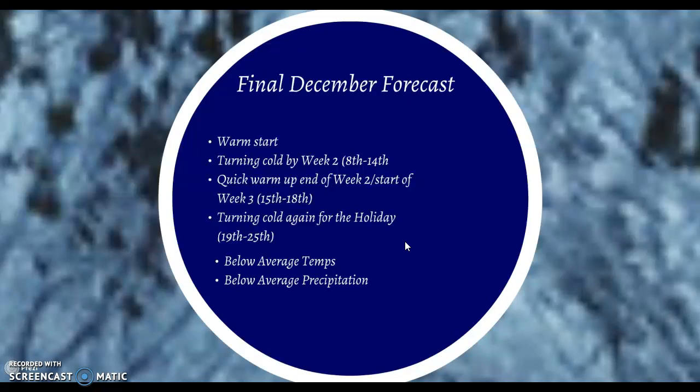Remember, I mentioned that as well because of that little slight ridge or that breaking down of the trough in the Bering Sea around the 9th of December. Then we turn cold again for the holidays because by around the 13th of December, we're correlating 6 to 10 days later, the 19th or the 25th, of another cold shock coming in because that trough builds back in the Bering Sea. Below average temperatures, I think, is what we're going to finalize the month with, with below average precipitation,